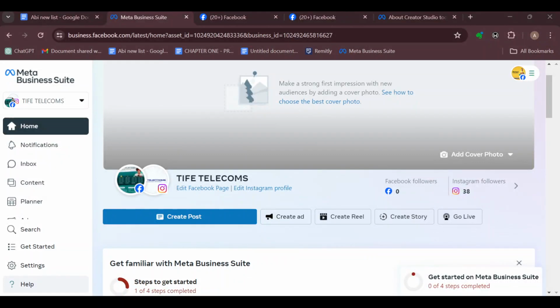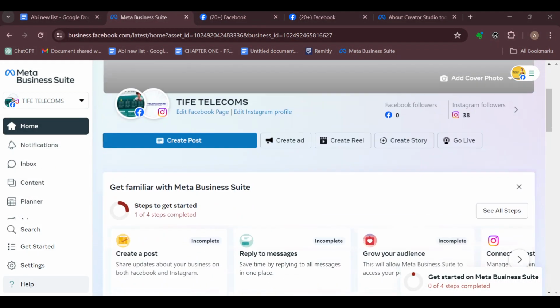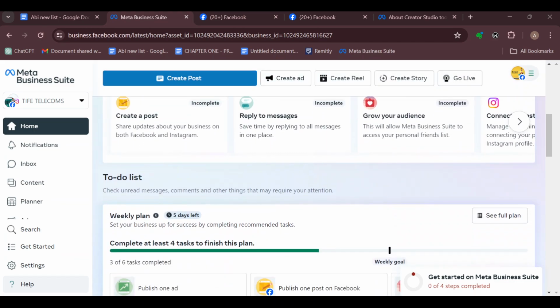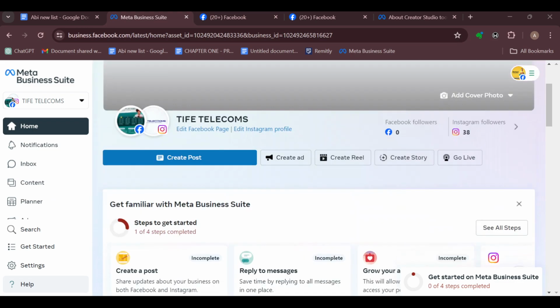How to tag a person to a post in Meta Business Suite. Tagging someone in a post using Meta Business Suite is a great way to mention them and draw their attention. The first step is to log in to your Meta Business Suite account, and then you can decide to either